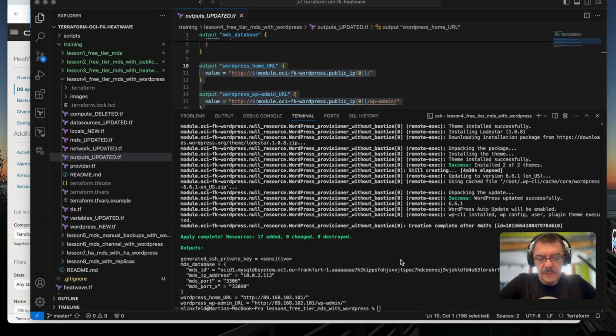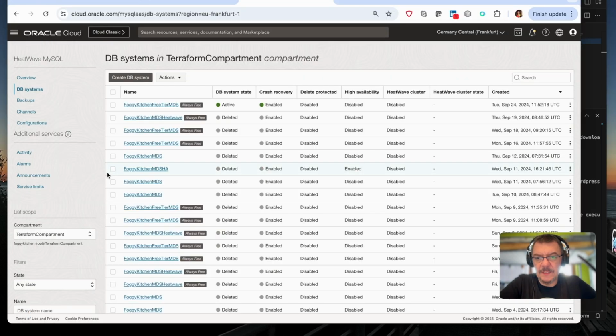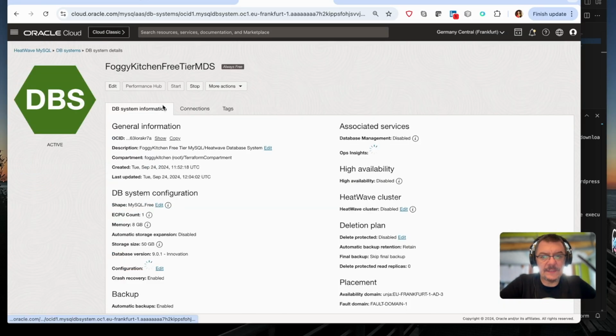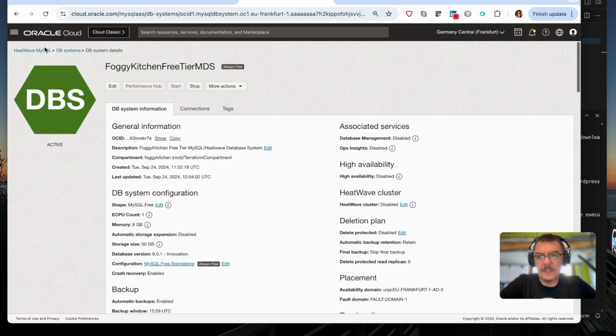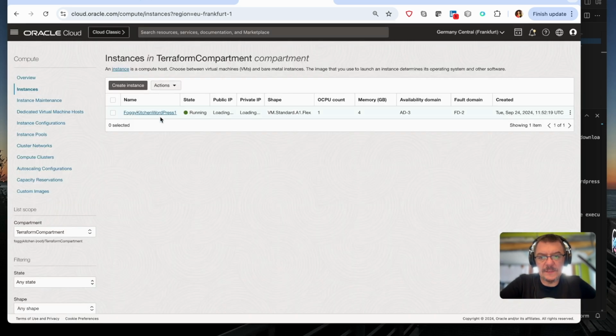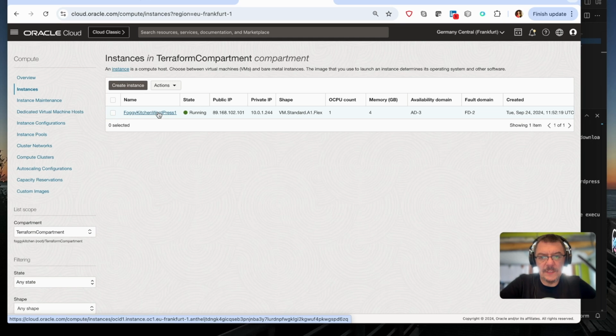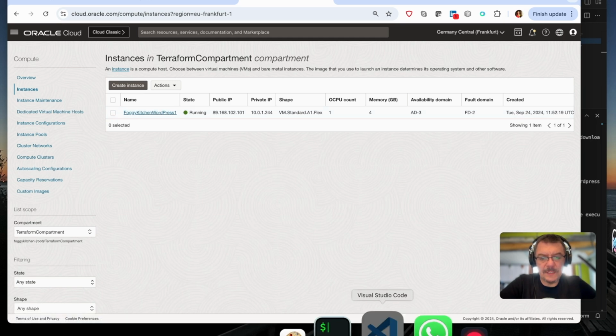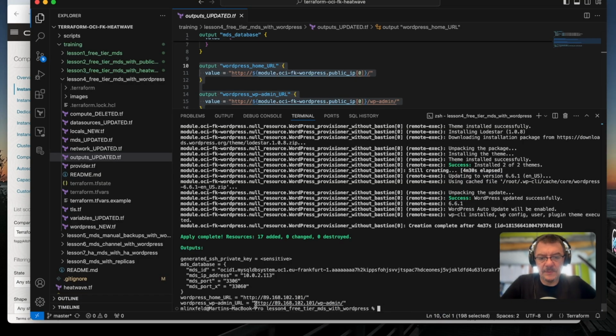As you can see, the apply is complete. So we have this MDS system which has been created. So we can verify that here. So it's ready. But besides that, in compute instances, we can see this WordPress compute. And yeah, now we will just try to log in into